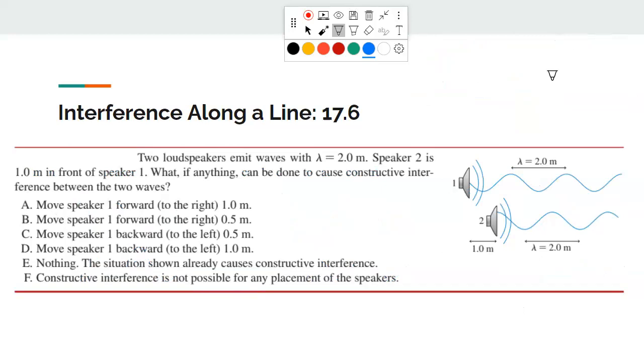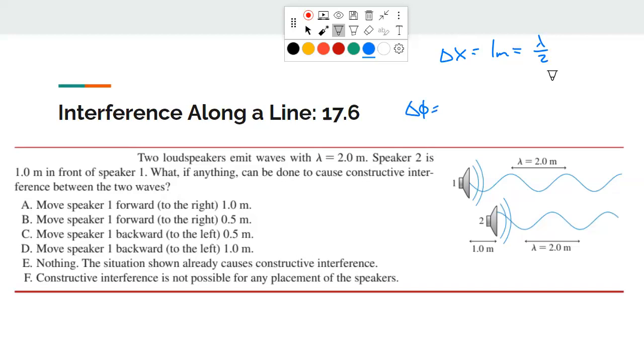So they both have a wavelength of 2 meters. Speaker 2 is 1 meter in front of speaker 1. Okay, so delta x is 1 meter, which is half of a wavelength. What, if anything, can be done to cause constructive interference between the 2 waves? Okay, so what they're asking then is we want to find what the total phase difference is